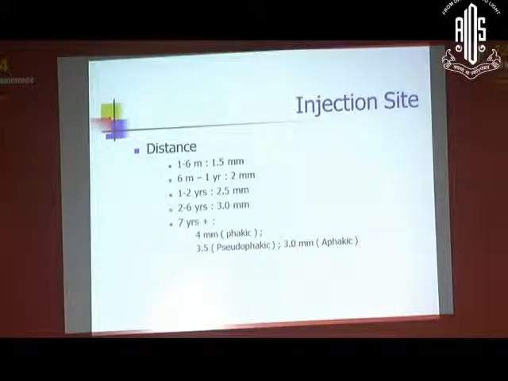Distances all of you know, but you should, because a lot of people have started giving intravitreal injections for ROP and other conditions, like I have recently given for vitelliform degeneration. So you should know the distances, because distances are not the same in all age groups. For an adult, anywhere beyond 6 years or so, the distance is 3.5 or 4 mm.